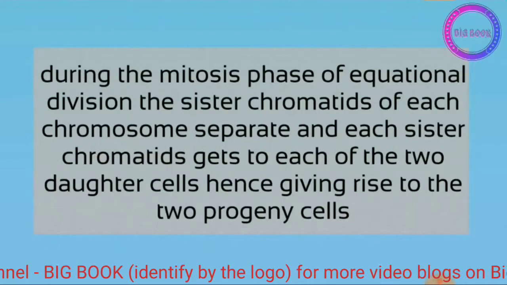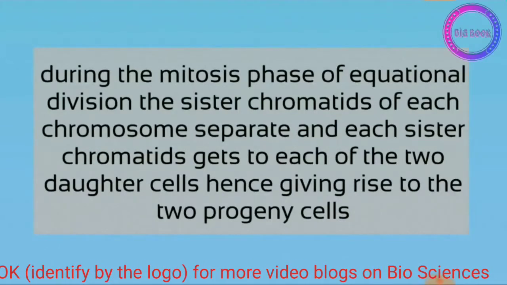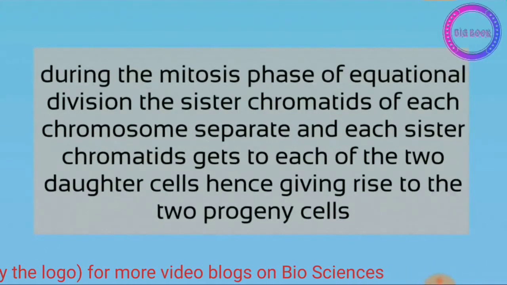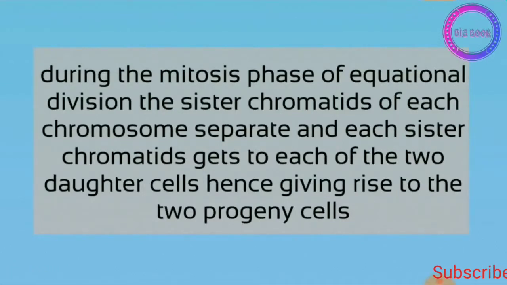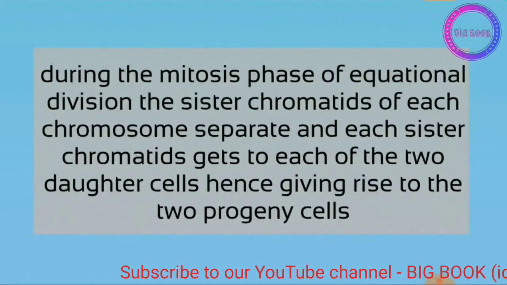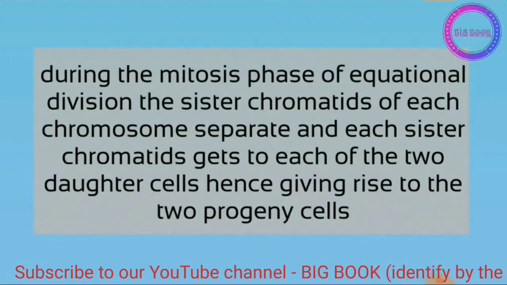This you people know very well. Here the equational division of the genetic material is going to take place, where out of the sister chromatids, one sister chromatid moves to one progeny cell and the other sister chromatid is going to move to the other progeny cell, with each having the 2n number of chromosomes in them. So here this further leads to the